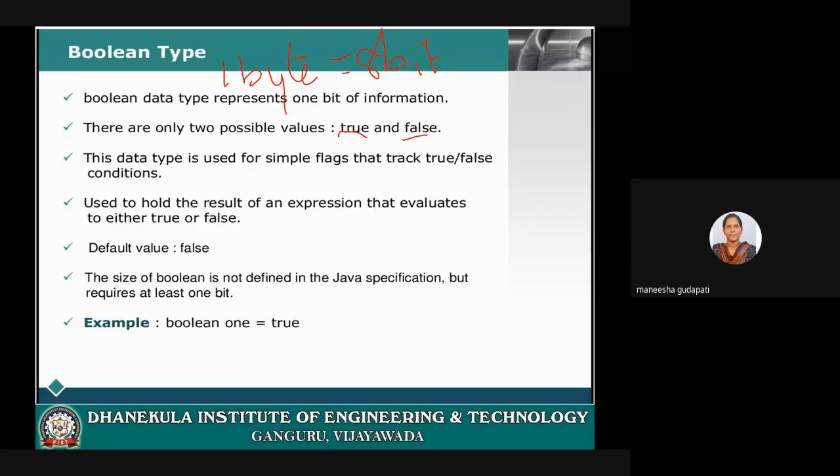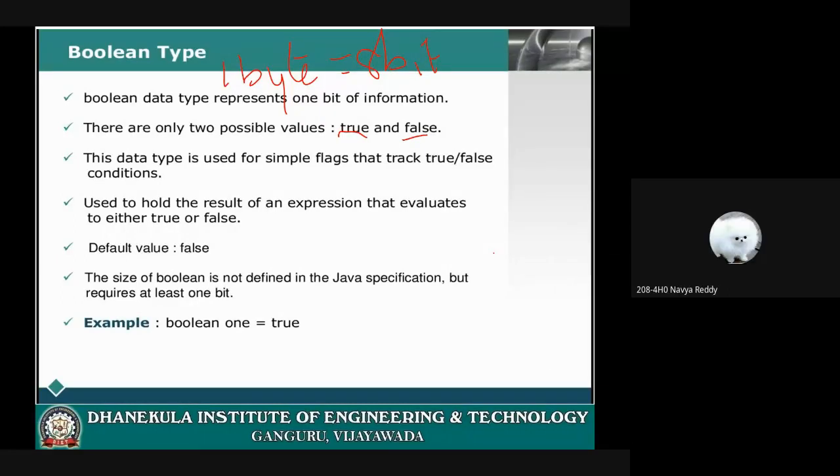Now tell me, how many data types do we have in Java? Main categories are two. What are those? Primitive and non-primitive. Coming to primitive, how many categories do we have?